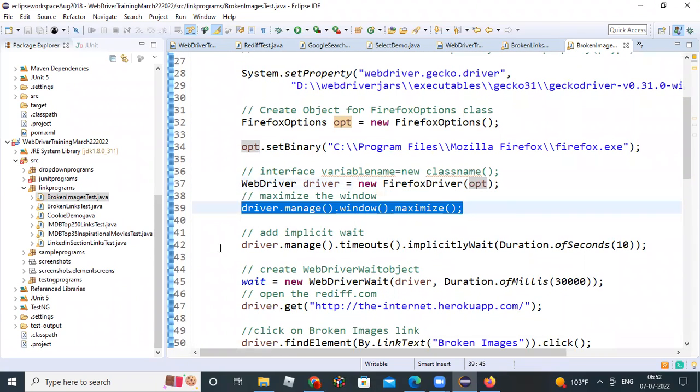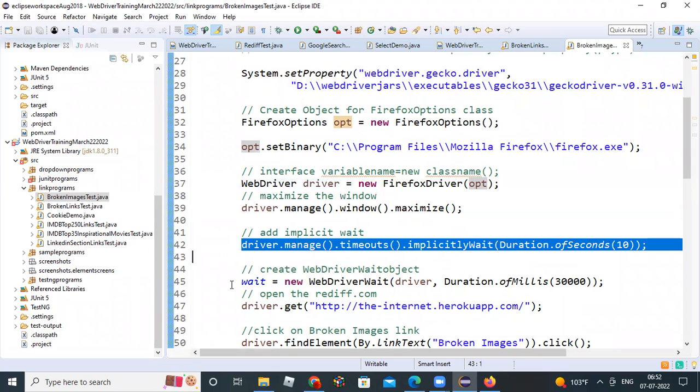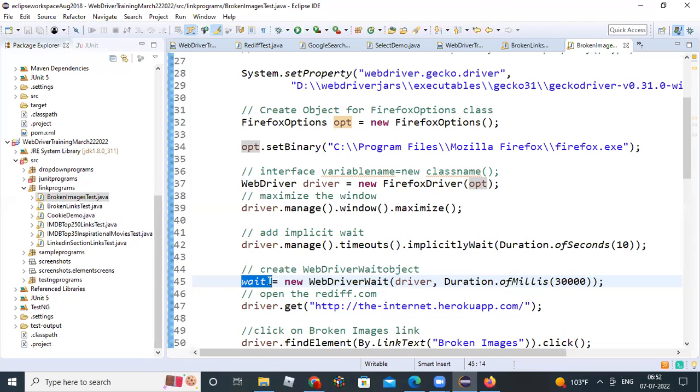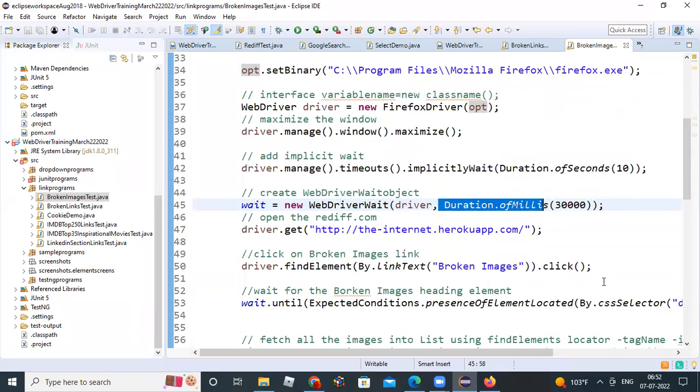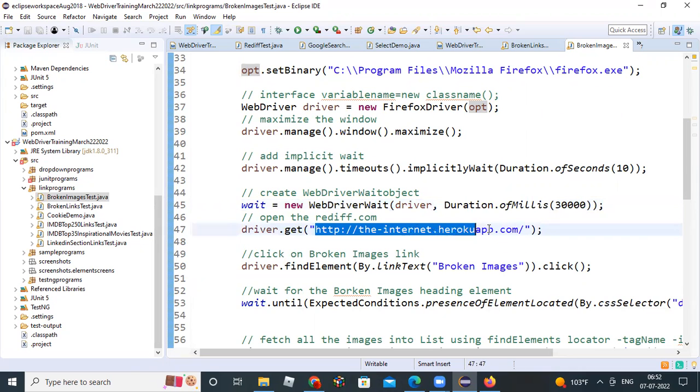Maximize the window, add implicit wait, create a WebDriverWait object, new WebDriverWait, driver comma Duration dot ofMillis 30,000 milliseconds. So driver dot get, see that. So this is the website I'm using to find the broken images. I'm pinging it to you also, you can use this broken images site. So in this website,